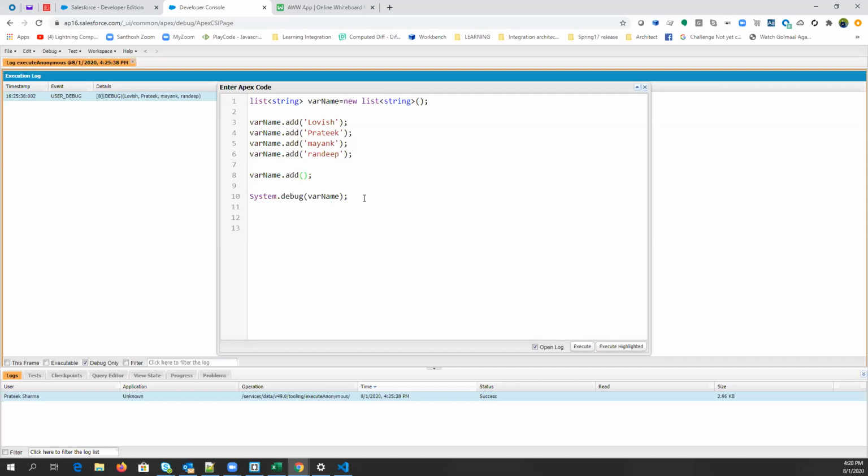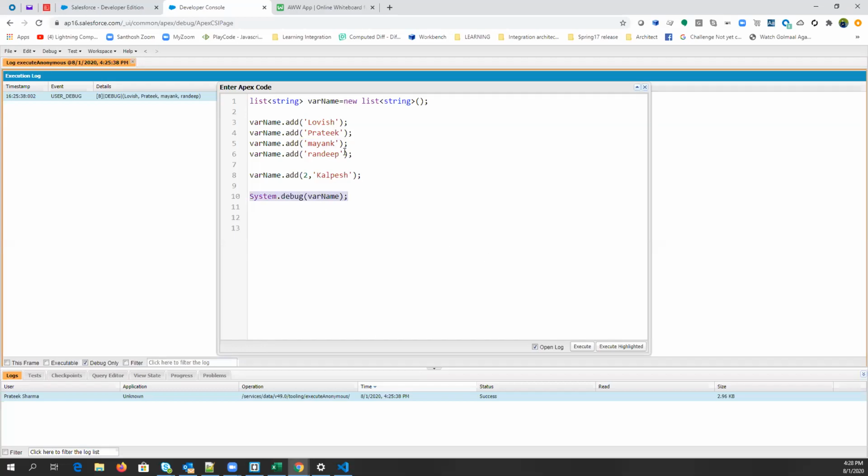So we need to specify index number 2, and then comma, the next parameter. So let's store a new value here, Kalpesh. So we have stored a new value at index number 2, but it doesn't mean that Mayank will be overridden. No, it will be shifted. Okay, guys? So let's check it by printing it again.